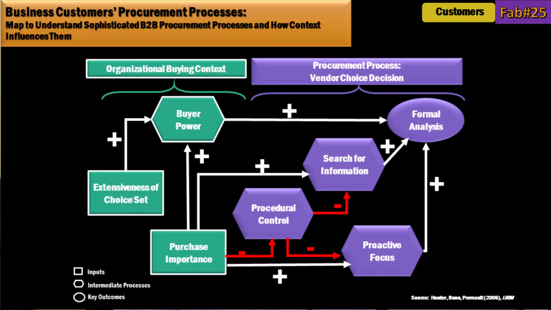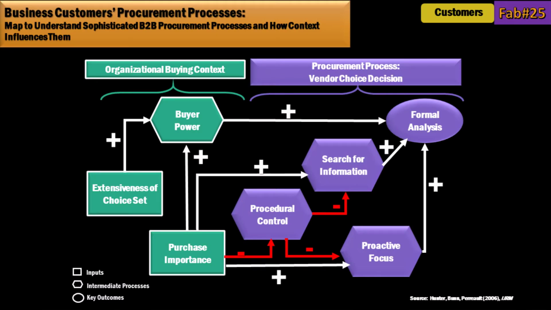But beyond the contextual things, there are also going to be these components of the vendor choice process that I'm going to try to bring back later. So I'll show you an example that pulls these back in. You can see procedural control is where you're trying to limit influences that might take you away from an objective decision. Business buyers are often trying to develop these procedures or procurement processes that are highly rational, so it's harder for you to impact them through affect. So procedural control is about efforts on the buyer's part to prevent these external influences.